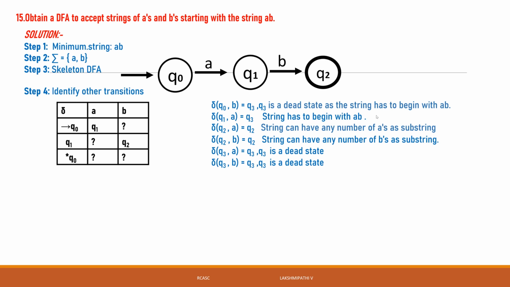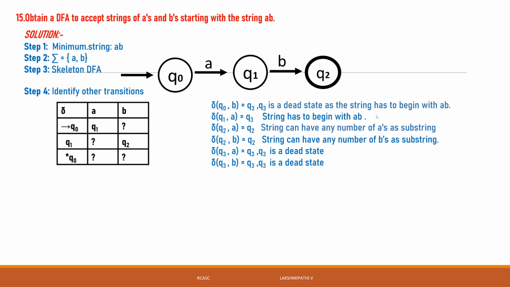See, the dead state, I already told that. What is the dead state? If any state, on taking sigma, goes to the same state only. Sigma means input symbols. What are the input symbols? A and B. A state for which there exist transitions to itself for all the input symbols chosen from the sigma is called a trap state. A trap state can be a non-final state or a final state. A non-final trap state is called a dead state.